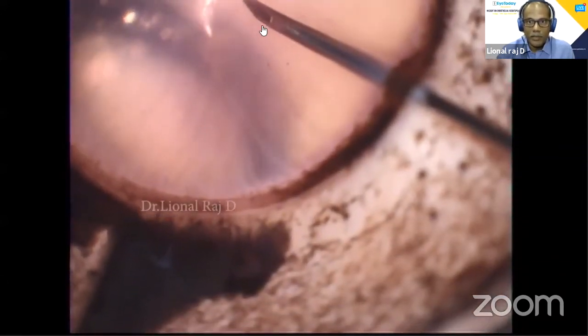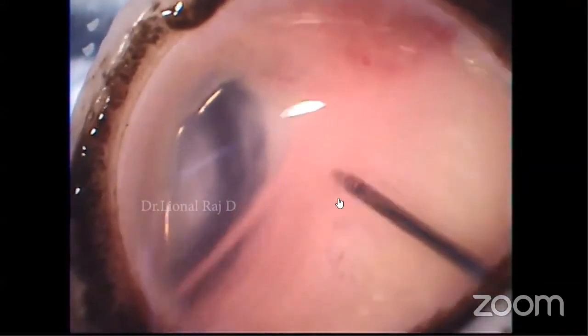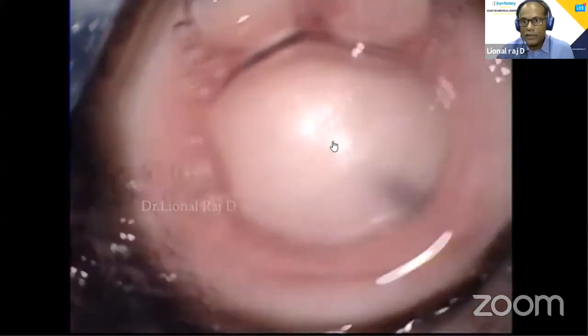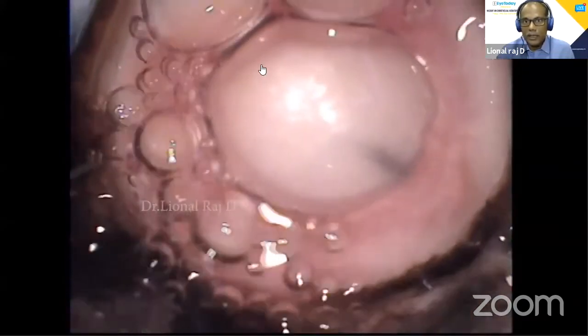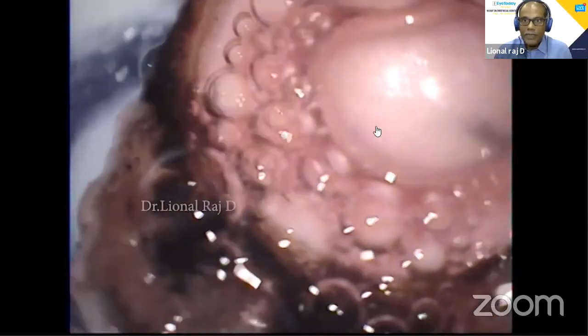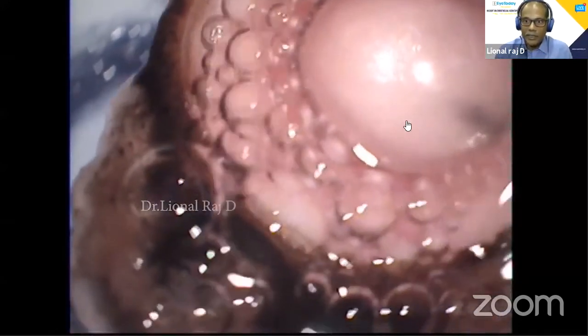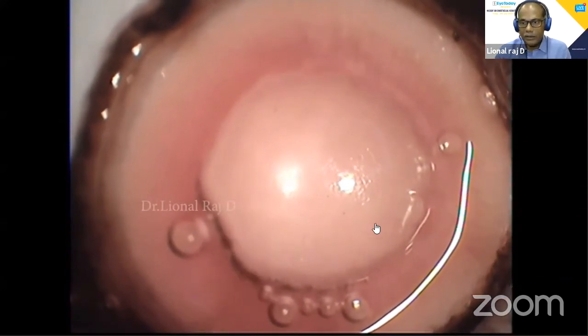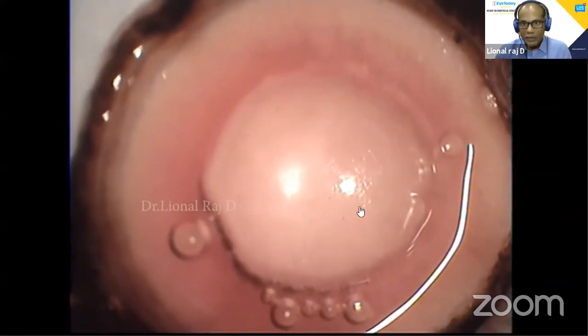As you go to the very center, start injecting air. Initially there will be an emphysema formation, followed by a bubble, and there comes a single large central bubble, which is called the type 1 bubble, which dissects the pre-Descemet's layer from the underlying stroma. This is a classical dissection of pre-Descemet's layer.